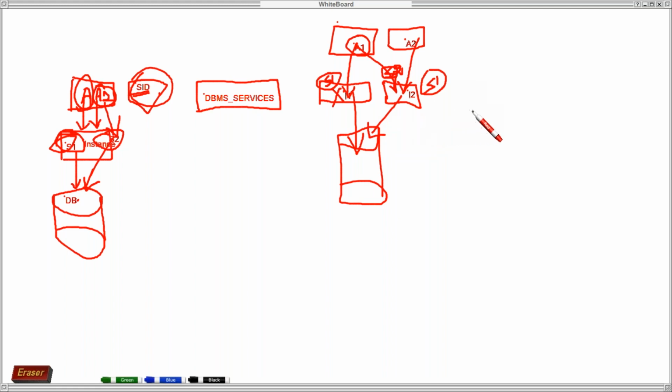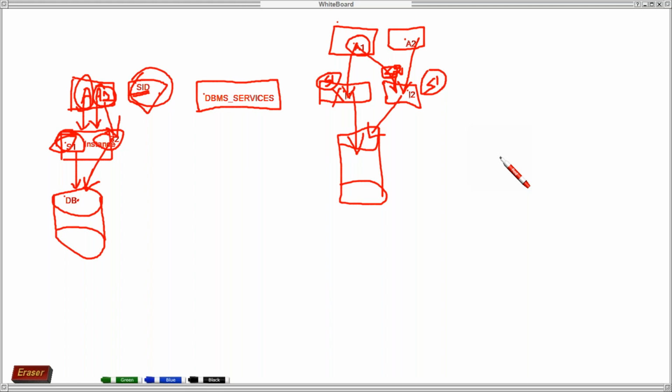Okay, and one more thing is, using these services I can enable traces at the service level. I can enable trace levels, like 10046, we have those, no?